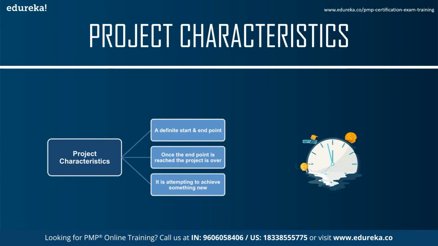Your first question should be, is it a project? This may seem very elementary, but confusing projects with ongoing operations happens pretty often. Projects are temporary in nature, they have definite start and end dates, result in the creation of a unique product or service, and are completed when the goals and objectives have been met and signed off by the stakeholders. Using these criteria and keeping these points in mind, we can examine the assignment from the vice president of marketing to determine if it is really a project.